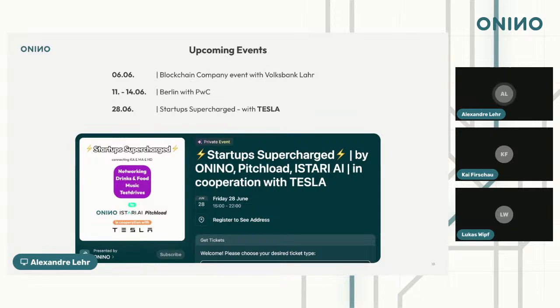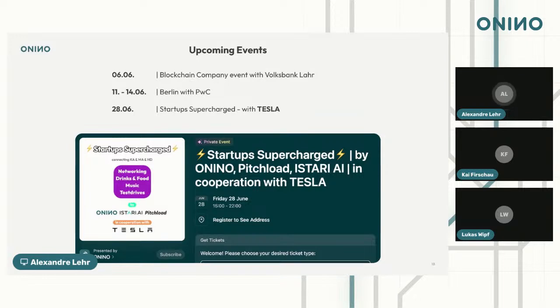Then next week, from the 11th to the 14th of June, we're going to be in Berlin with PwC. There is going to be the end event of the accelerator we took part of, PwC Raise. And there's going to be many investors, many companies we can network with. And we're going to have a live pitch of 3 minutes, so a couple of questions after that. So really looking forward to that as well. It's been a really good connection, many great learnings for us, an extension of our network, and just all around a very good experience.